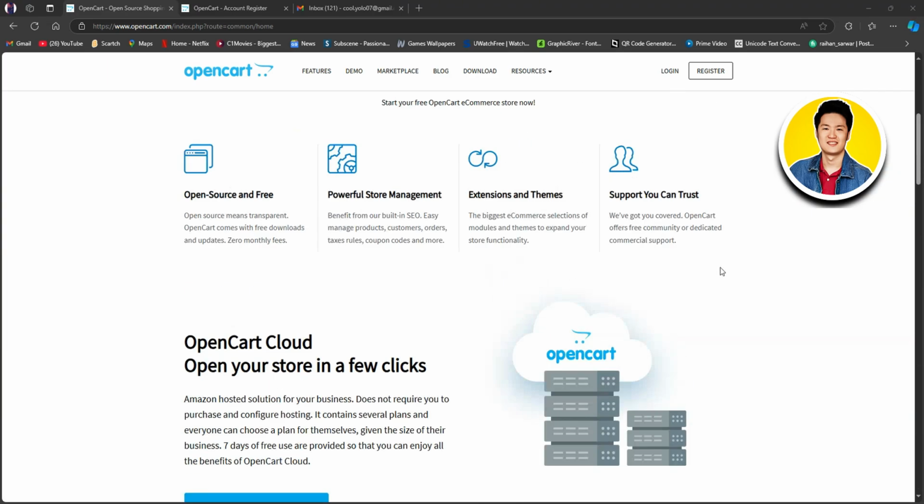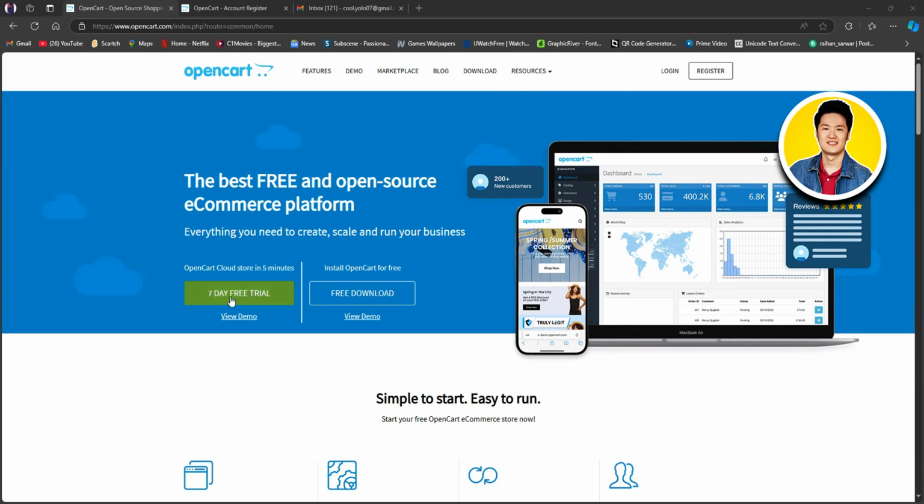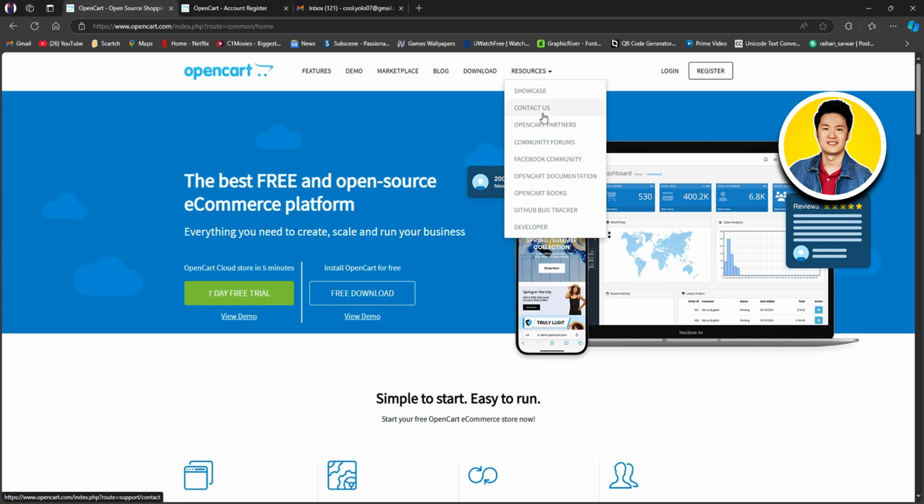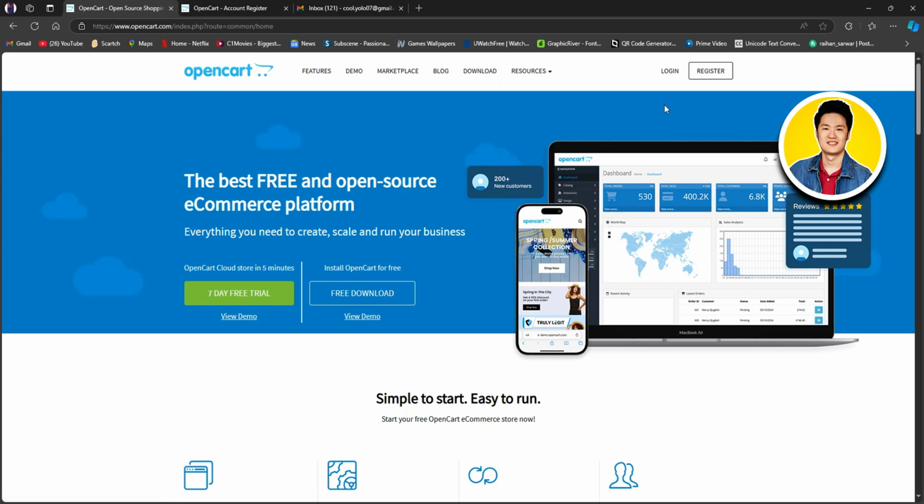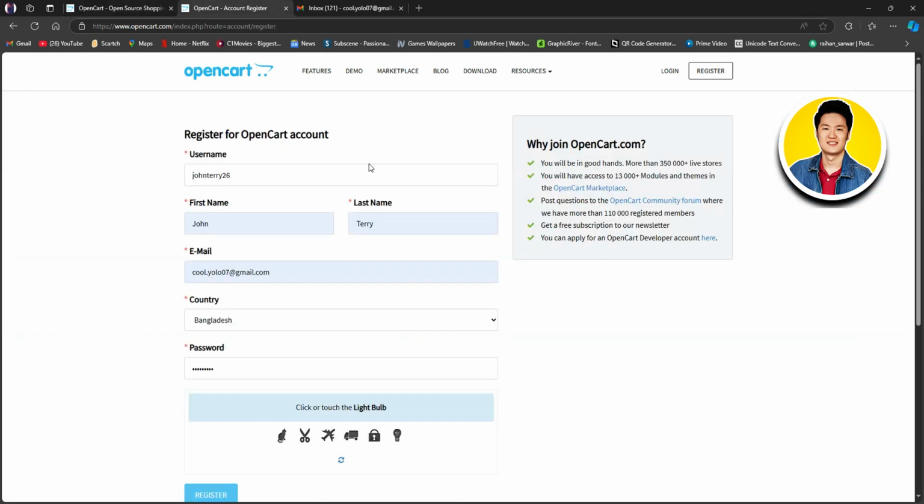Now, let's scroll up to the top. And as you can see, you can get a 7-day free trial and also a free download option. And on the top panel, you've got features, demo, marketplace, blog, download, and resources. Here, you can see some more options. So, if you already have an account, go ahead and click on Login, but we will click on Register right here. So once you're here, you need to put in all of your information, starting with your username and then